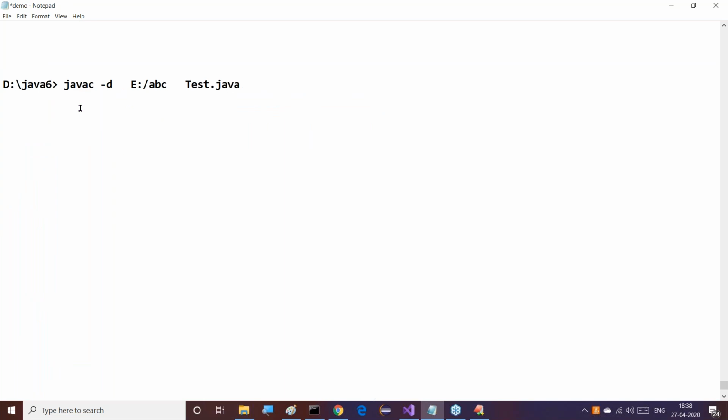Now, -d is used for two different purposes. What are they? The first responsibility is sending the generated .class files to a particular location.